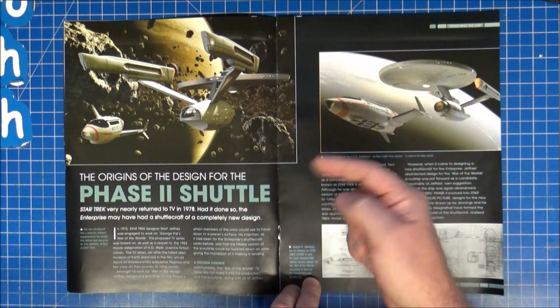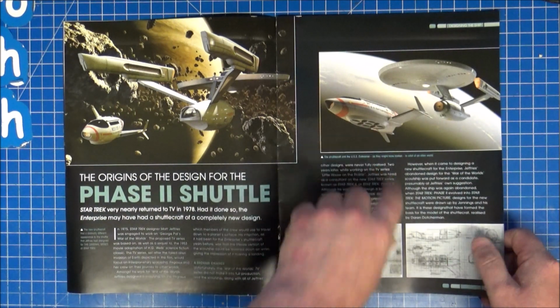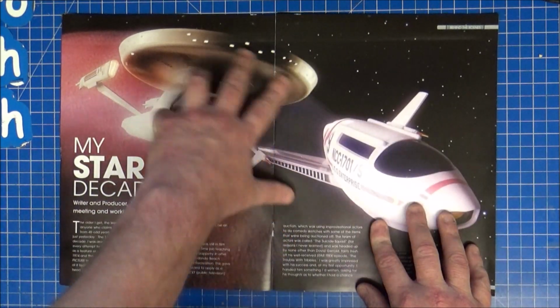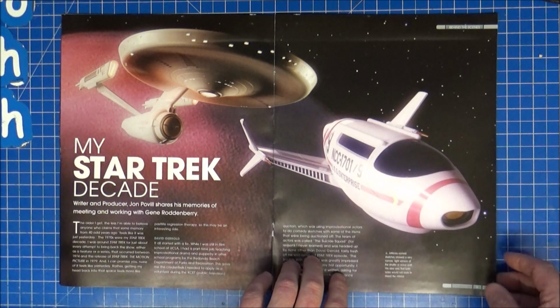I wonder if these are on the actual model underneath side. I don't know what they are, if they're thrusters, or landing gear, or possibly different things it can do. I don't know. I mean, it's nice to see more of the Phase 2 Enterprise in there. There's the fan